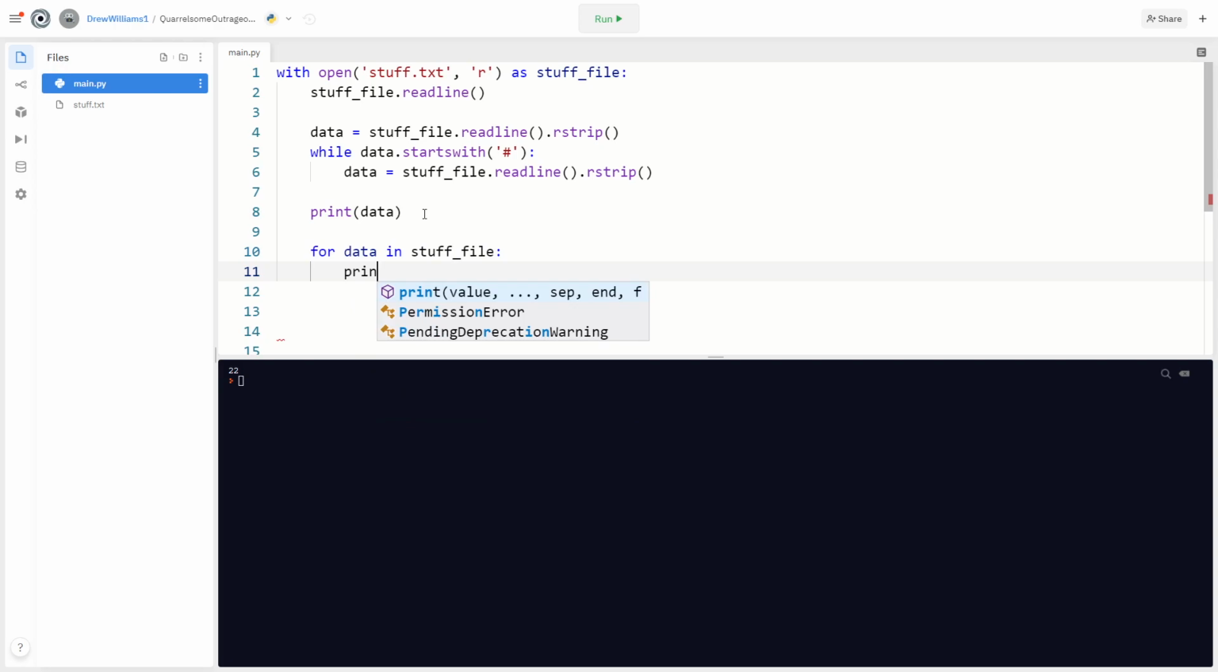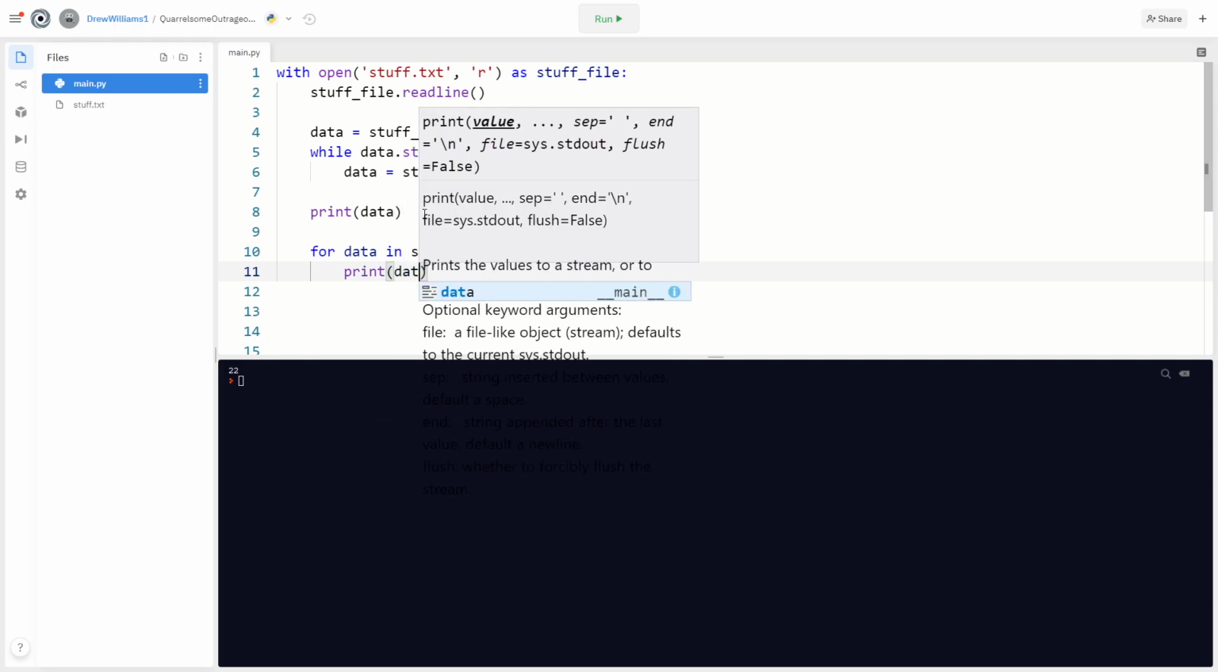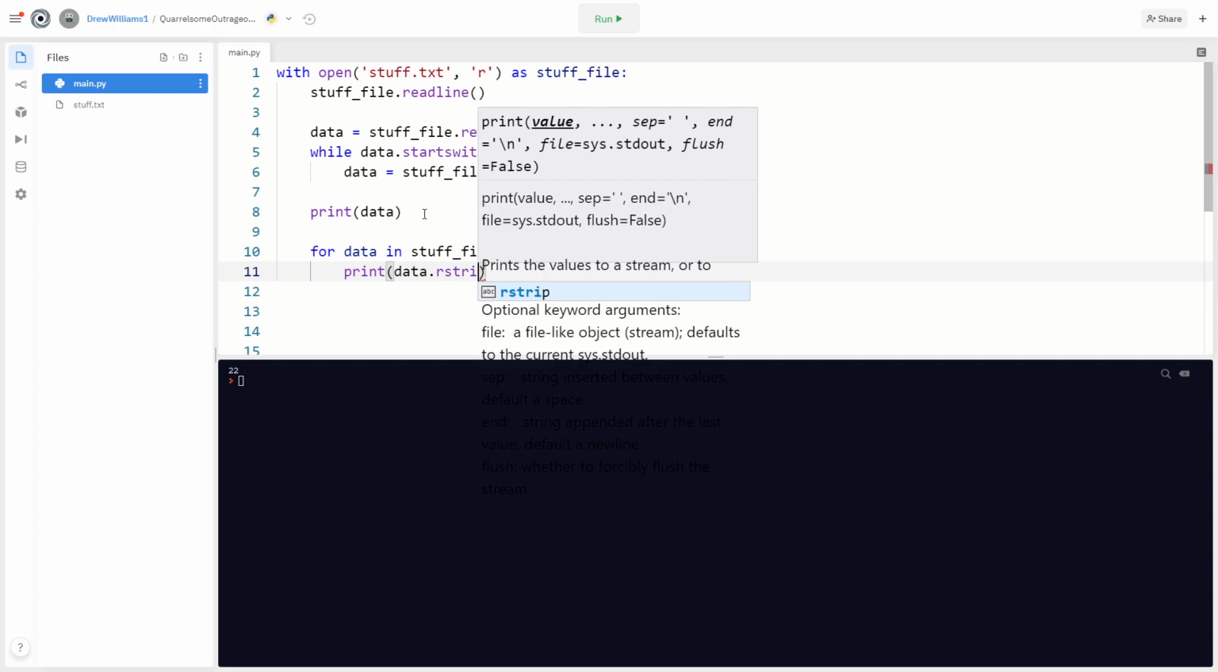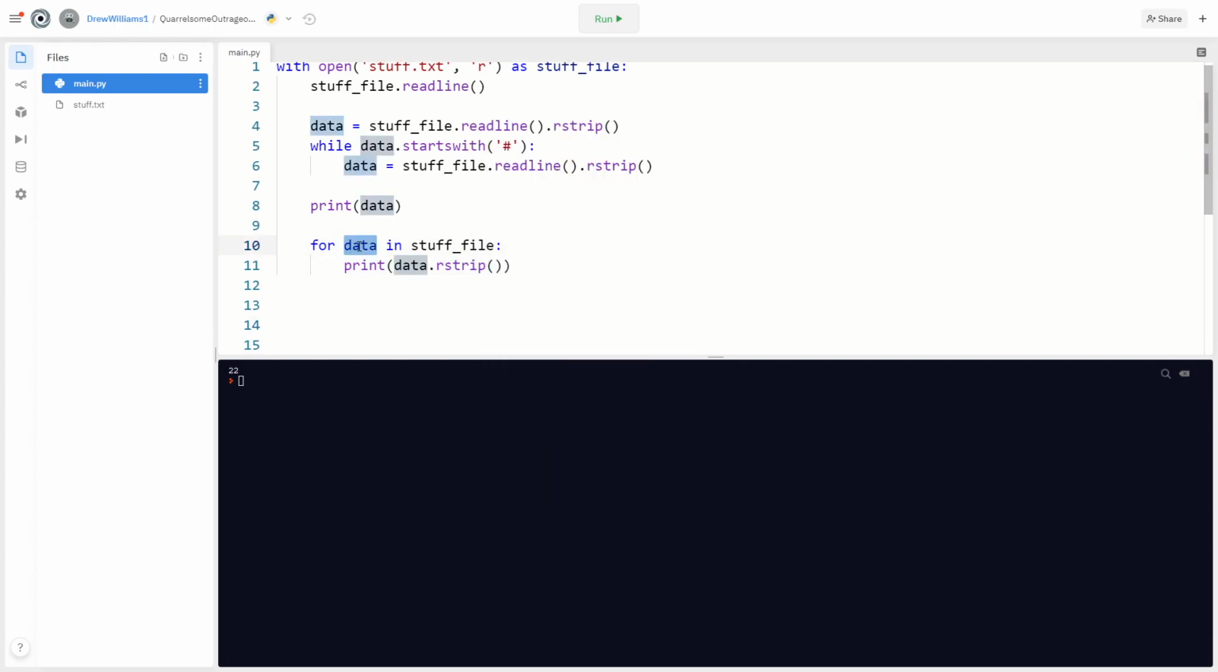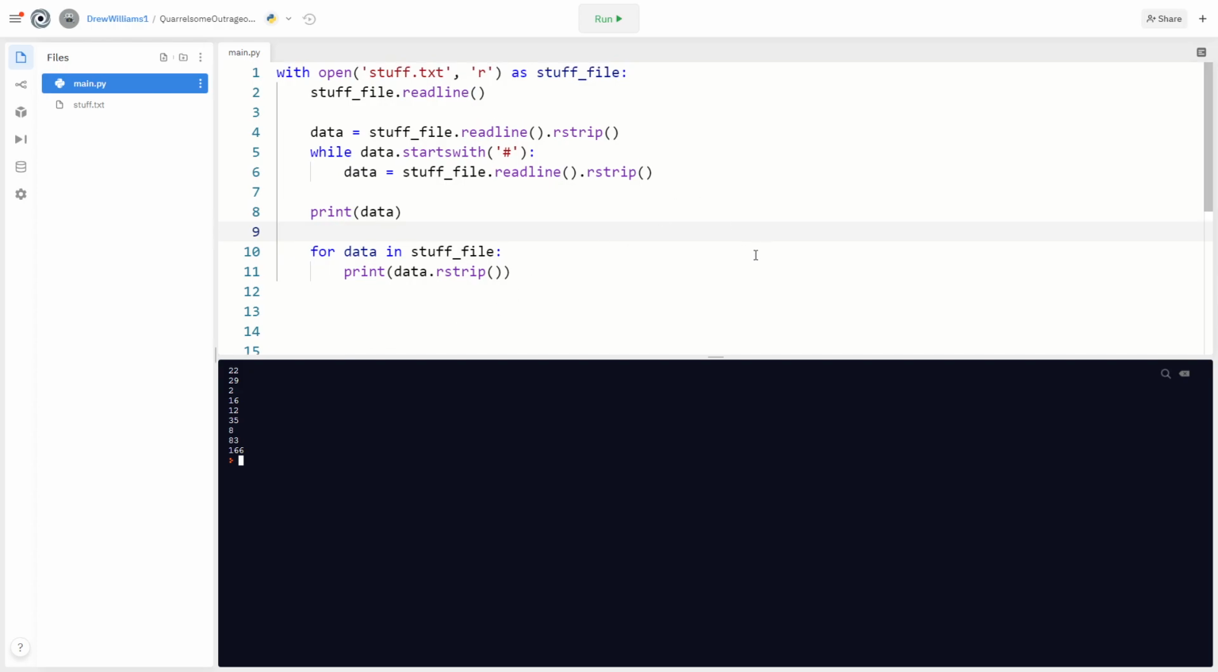We're going to print out the data with that right aligned strip. So this is going to basically go through each item in the stuff file and print out everything that can be classified as data. So now when I run it, it prints out all those numerical values for me. So here is a nice way to kind of go through a file, print out